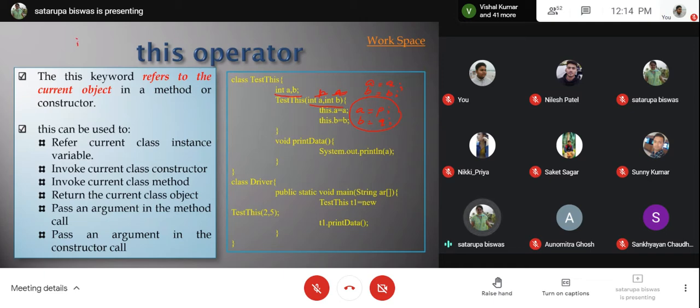So in C also you have used something like this. So according to the locality of reference, which one is the local, x or a?